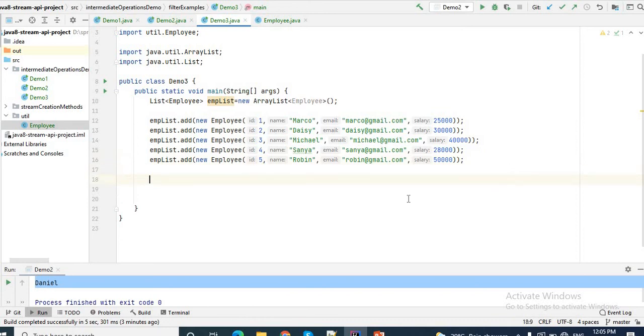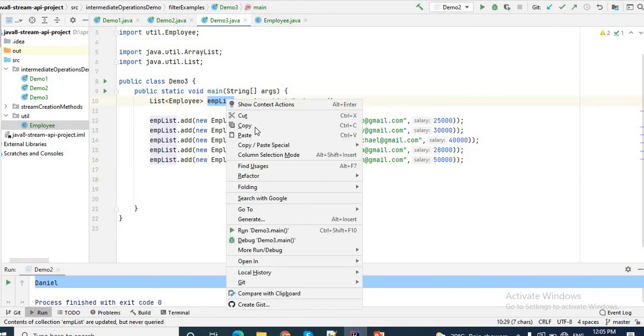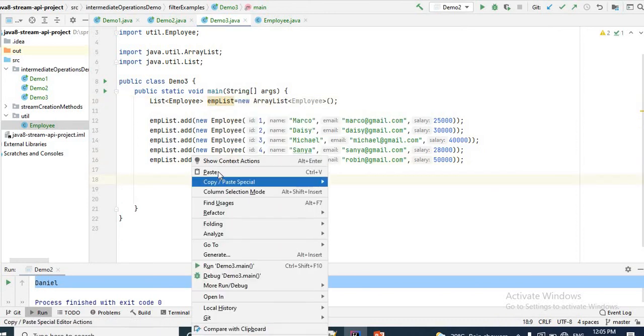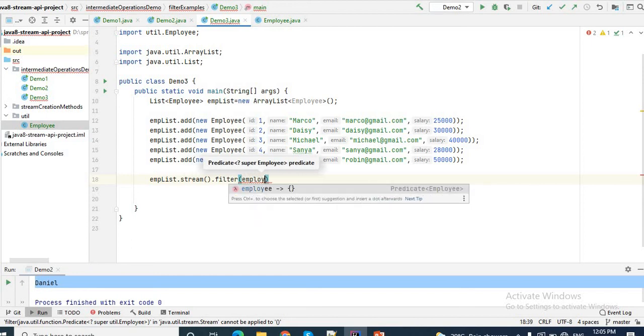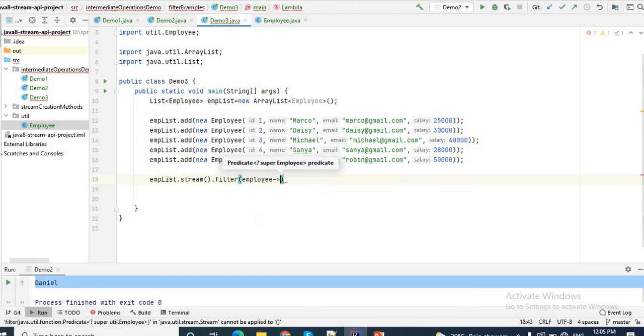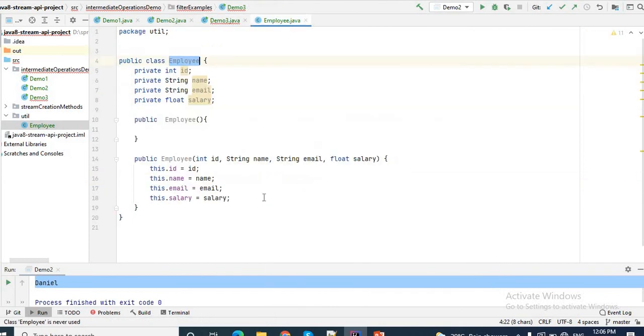Let's check. I'll first convert this list to what? Stream. So employeeList.stream(), then dot what? Filter. I want to filter. The condition will be, let's say, employee, then lambda expression starts, employee dot. I have not declared the getter and setter. Okay.